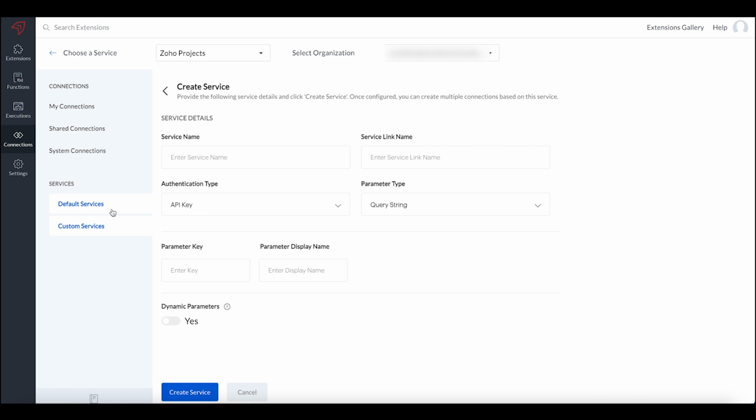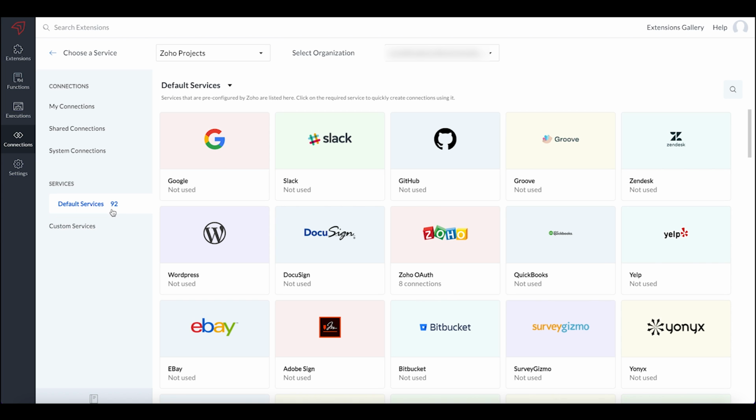So for today's demo, in our use case, we are going to handle a connection between Zoho Projects and Zoho CRM. So let me now go ahead and create a sample connection between Zoho Projects and Zoho CRM. In this default services list, you can see that there is a Zoho OAuth option available, right? Whenever you want to integrate Zoho Projects with another Zoho product itself, then you can use this Zoho OAuth option. So the Zoho OAuth option is available when you want to integrate Zoho Projects with another Zoho product itself. So let me click on Zoho OAuth